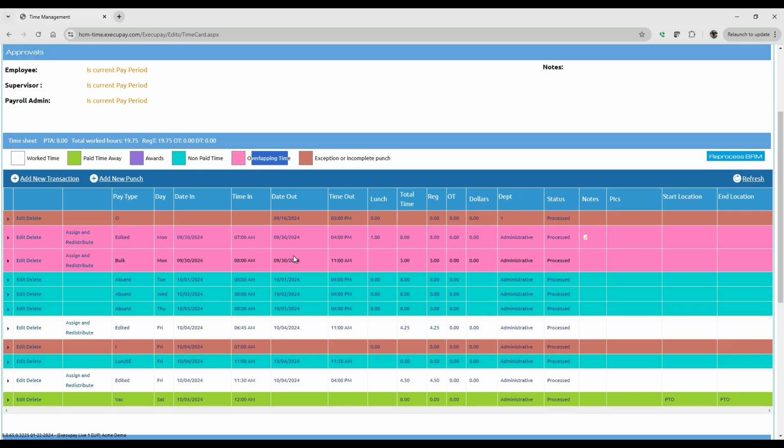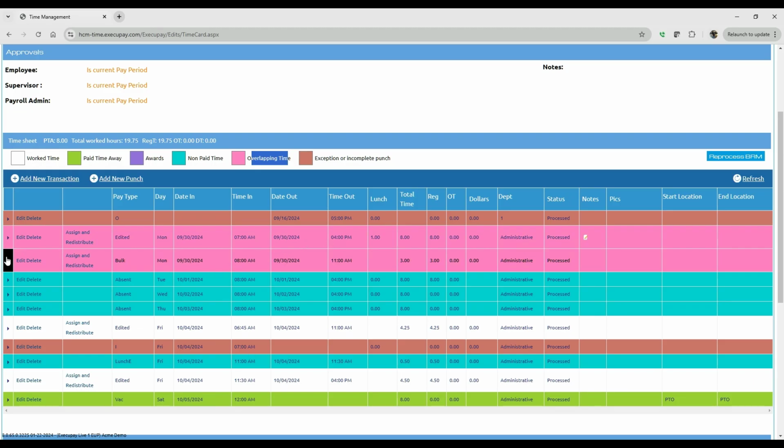to 4 p.m. Now, this isn't necessarily a mistake. You may intend to pay them their 8 hours for this plus an additional 3 hours. If that was the intent, you're fine. It's going to go across to payroll just like this with these hours. This is simply here to let you know that you potentially could have a problem and to bring your attention